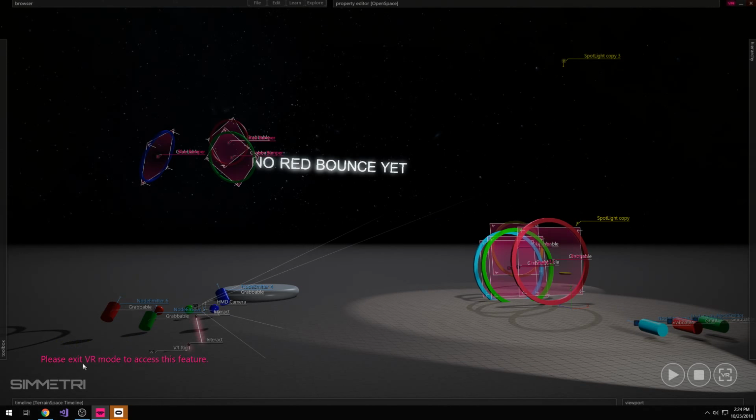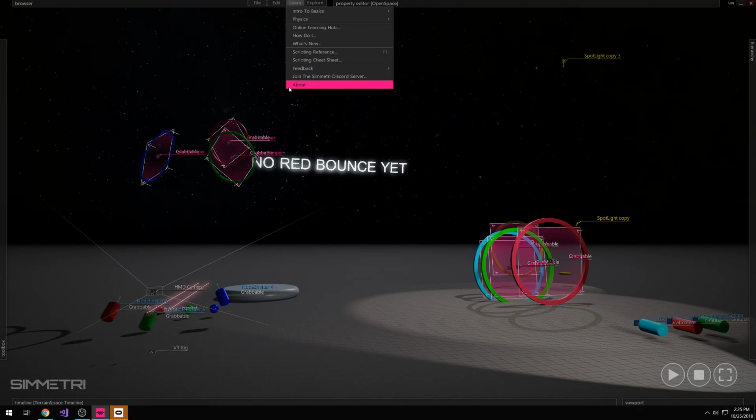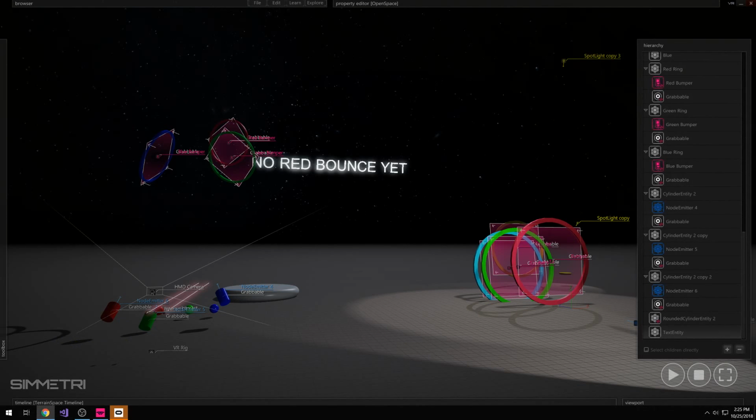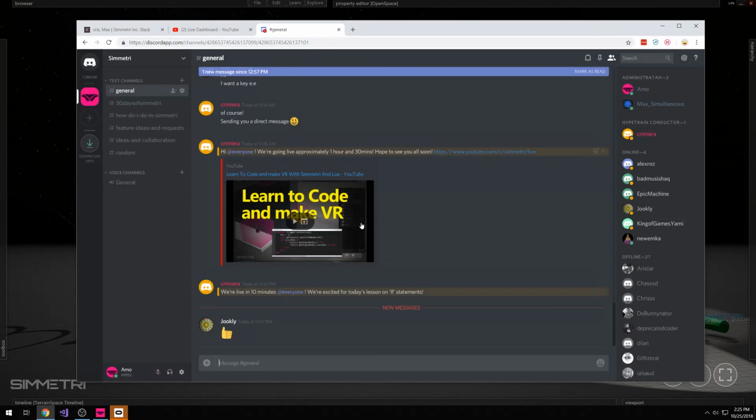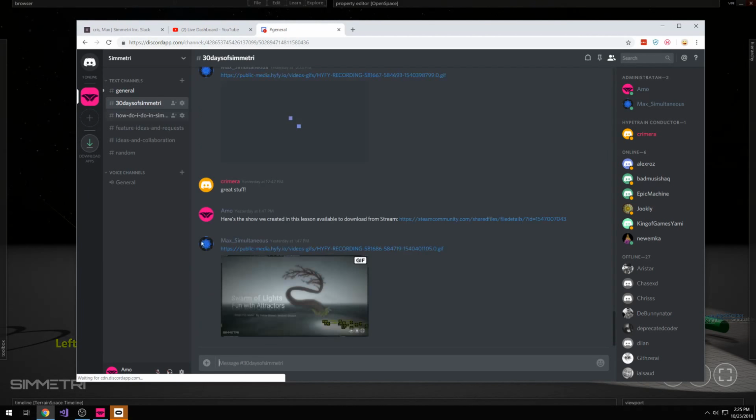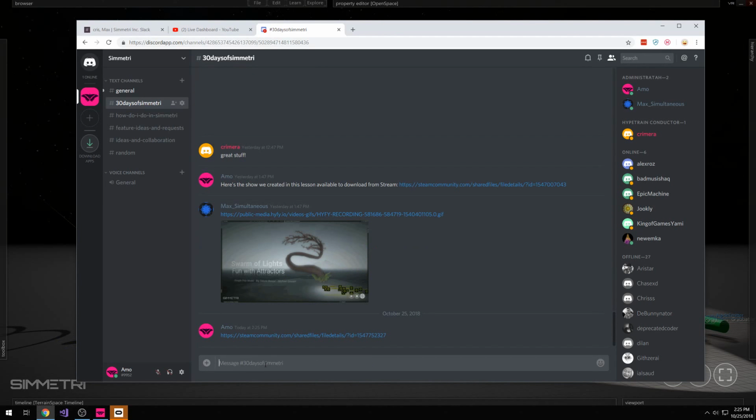It doesn't want you to do it during VR mode, so I'm going to click out of VR mode, and I'll hit learn, and I hit the Simmetri. What it did is it popped up my browser, and you'll see that it launched the Discord app. So I would continue to Discord, and this will land you at our page. Basically, it'll have you accept the invite if you haven't already, and then you will be arriving here. So we are actually in the Discord under 30 Days of Simmetri. I can paste in the Steam show,